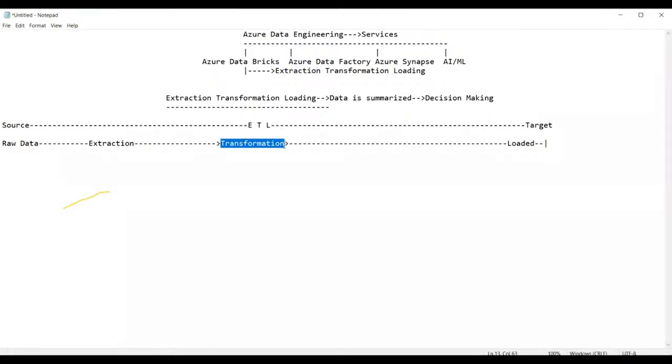That means you are converting the raw vegetables to what? Cooked format in the form of a curry. Am I right or not? Cooking is the process of what? Transforming. Ultimately, once the transformation is done, finally your destination is what? Your destination is the curry. So the curry, you will eat it. That's it. That is nothing but finally the process of loading is nothing but eating the cooked curry.